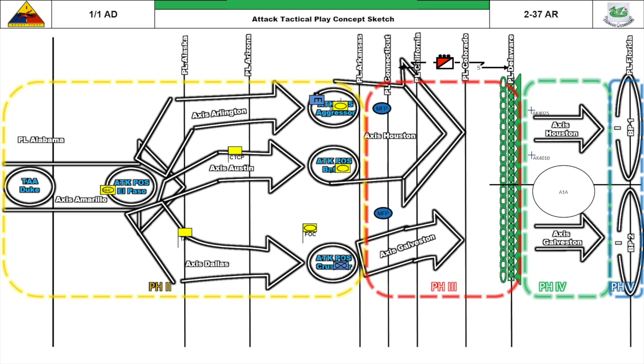Initiation of fires will trigger CCO to advance along Axis Galveston towards support by fire 1 and orient direct fires between TRPs 1 and 3. BCO, task organized with 1AB, is tasked with deception to deceive the enemy that BCO is the breach force. When support by Fire 1 is established, this is the trigger for Alpha Company to advance along Axis Houston and establish support by Fire 2 with fires oriented between TRPs 1 and 2.